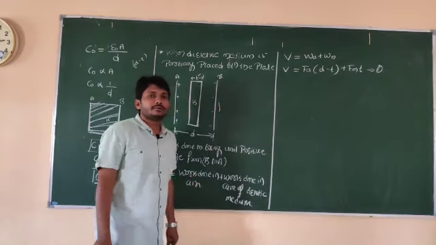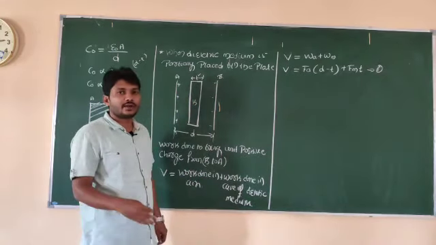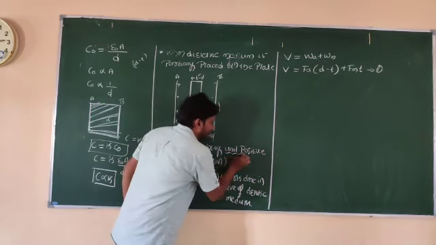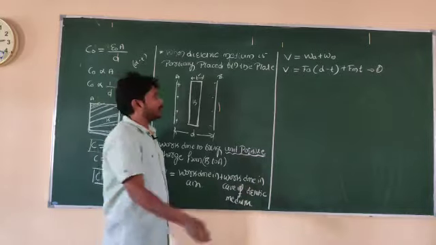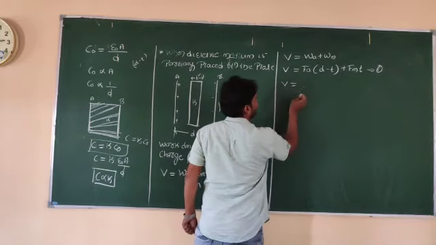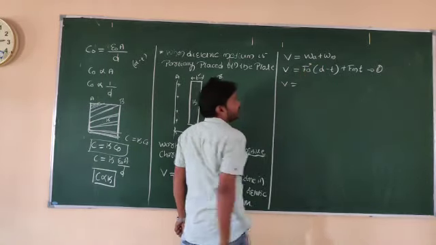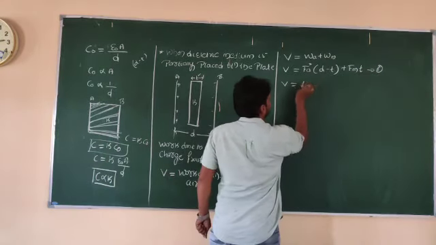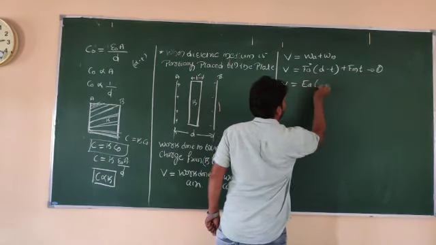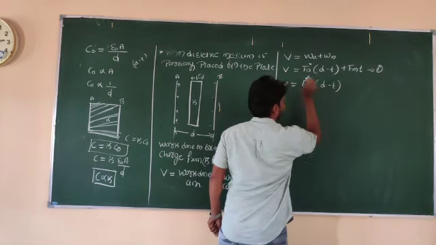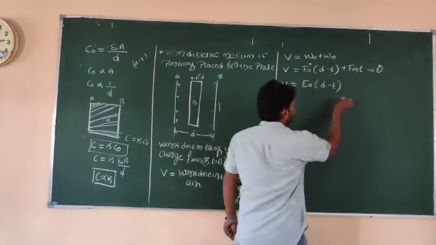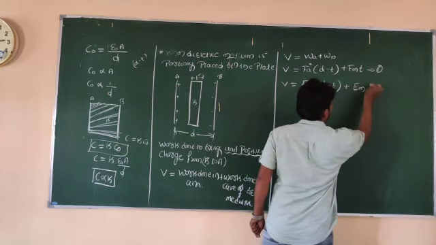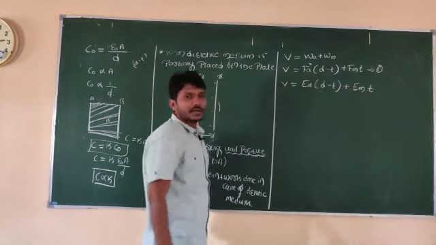What is the relation between force and field here? F is equal to E into Q. Here unit positive charge, so that is 1 coulomb I will take. So V is equal to, F in the sense F is equal to E into Q, where the Q value is 1. In general I will take E of A into d minus t. Why? Because the Q value is equal to 1, plus F of M is also E of M into t here. So hope you are getting this.